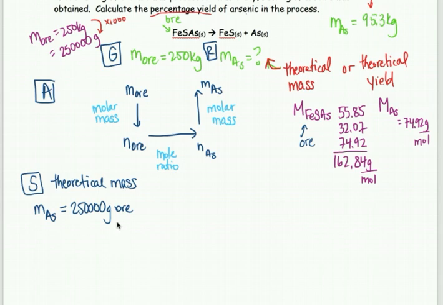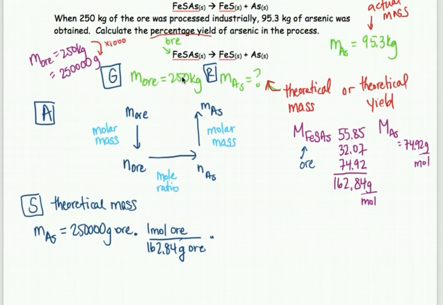Oh, I just spelled it wrong. Okay, whatever. And then the first step here is to use the molar mass. So we're going to flip the molar mass and write, so this is the ore molar mass. Okay, and so the next step is the mole ratio. We're looking at our